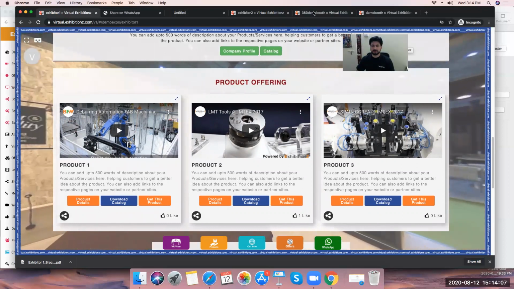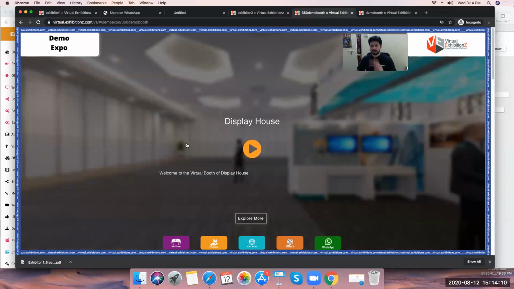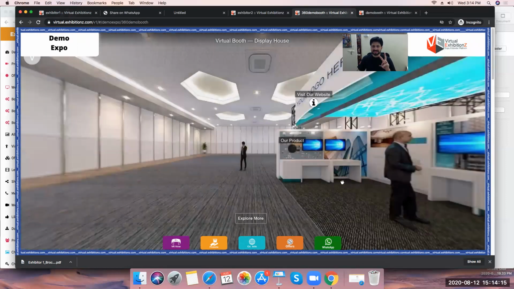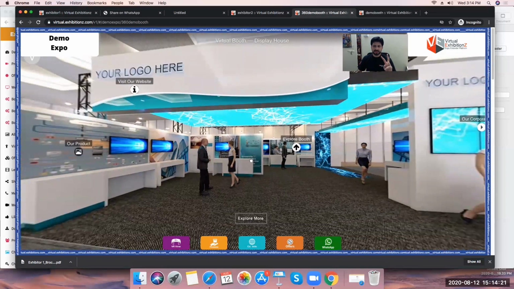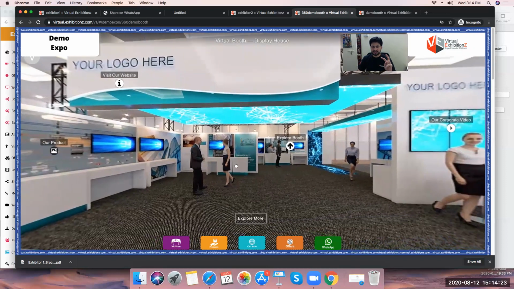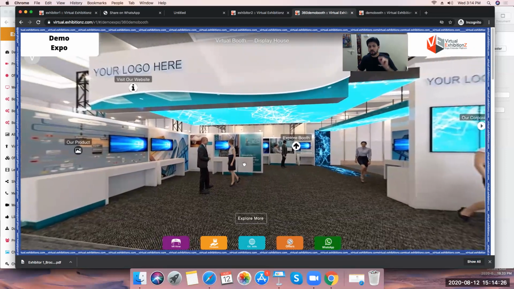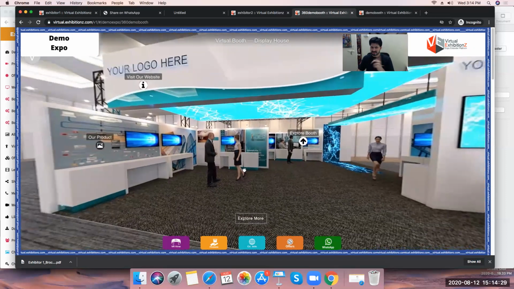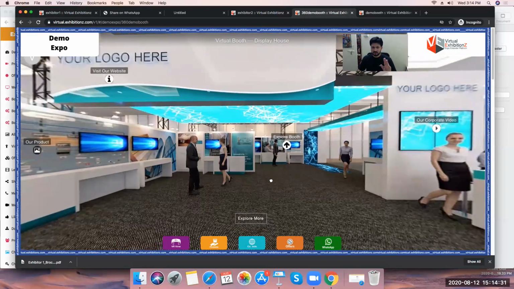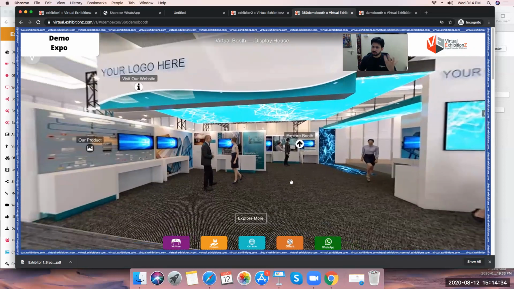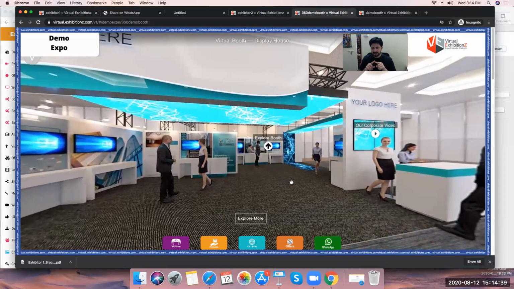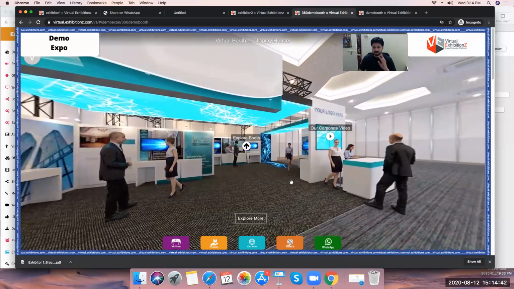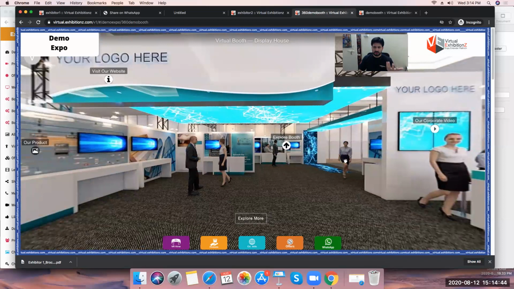So the option is option 2. There are 2 types of options which are available. One is basically a 3D 360 booth. Over here, we have given a facility for the exhibitor himself to go and upload his 3D 360 designs online. Can that be of any size? We have defined a size. It's an equirectangular size of an image which turns into a 360 view. So we have given that, how you need to upload or how you can create.